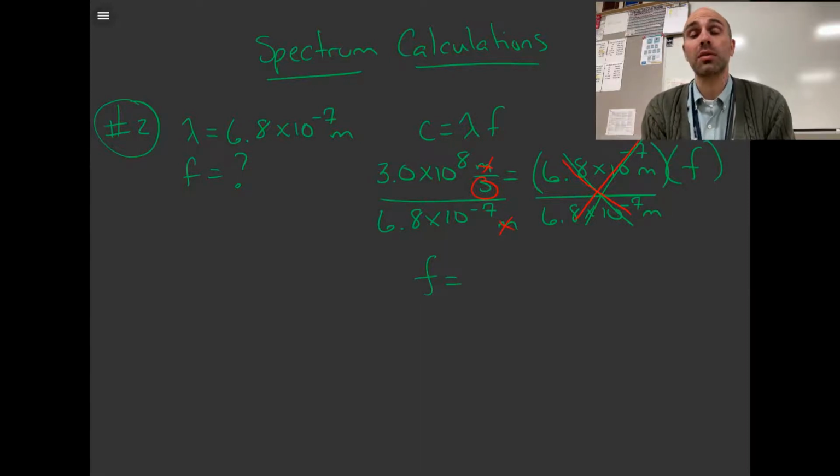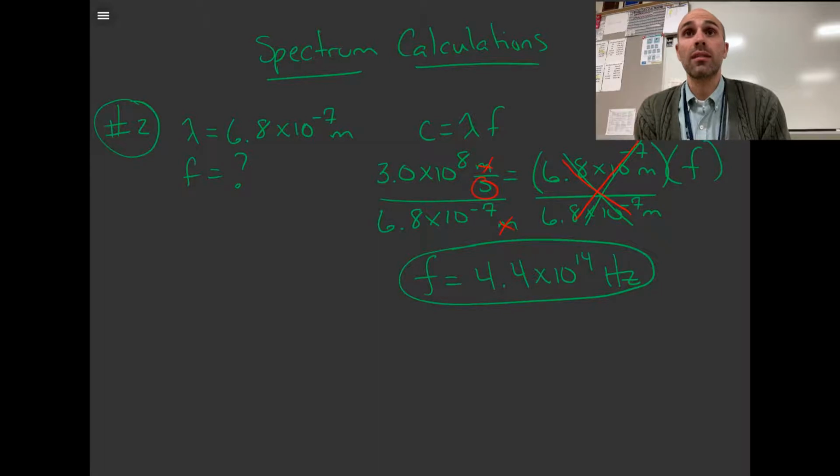I know you know what to do. We're going to divide both sides by 6.8 times 10 to the -7 meters. Doing this will allow us to cancel it out on the right-hand side, and it'll also allow us to cancel out the meters on the left-hand side, leaving us with just per seconds or hertz. This will give us a frequency of just,